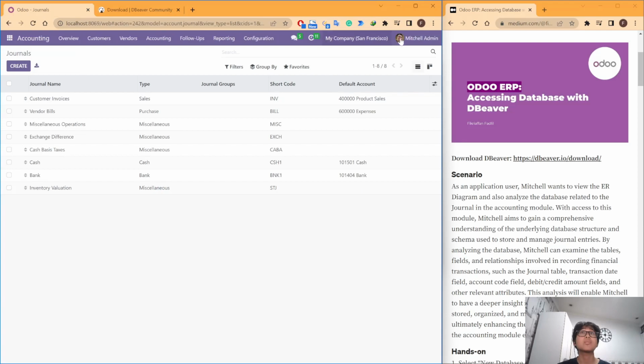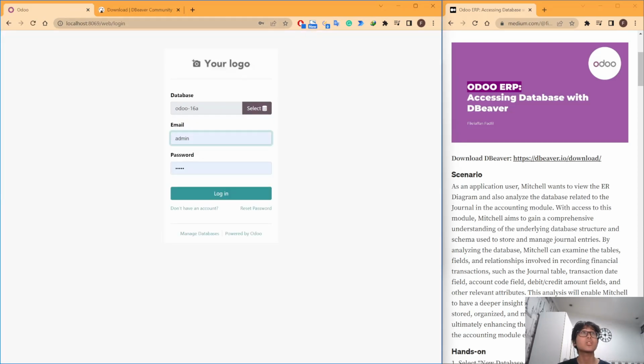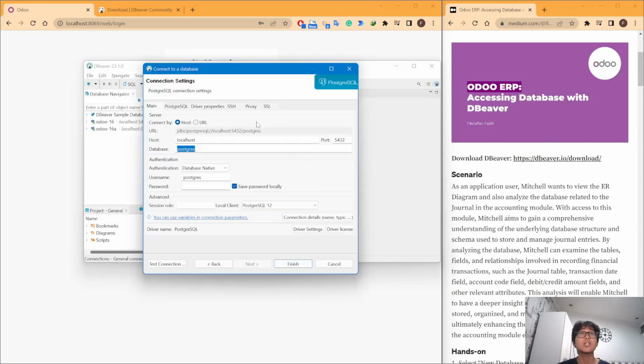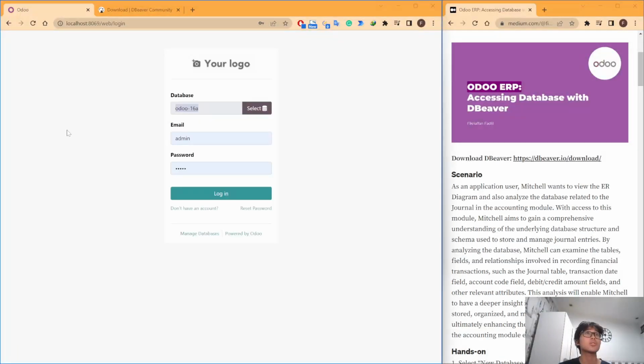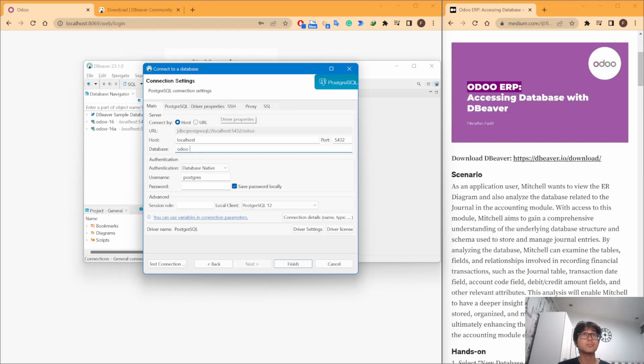For example, for me, when you open the localhost and choose the database, this is the name of the database. So I will choose Odoo 16a,